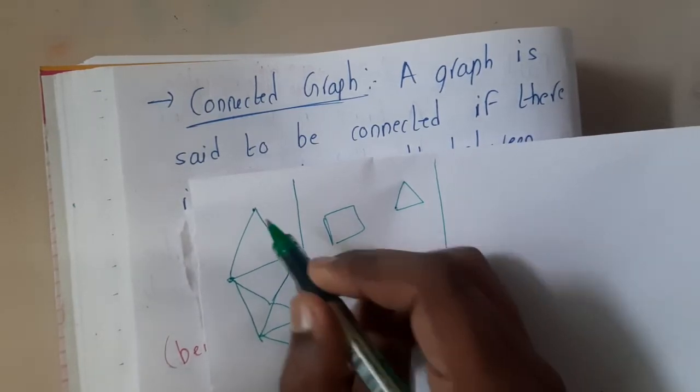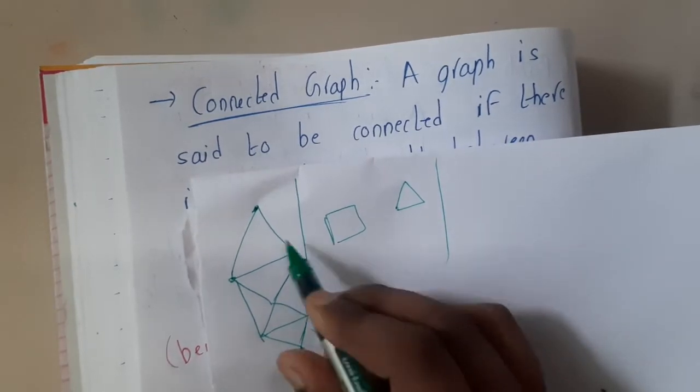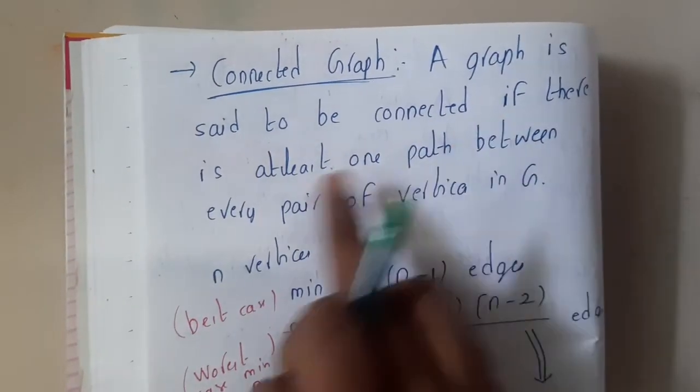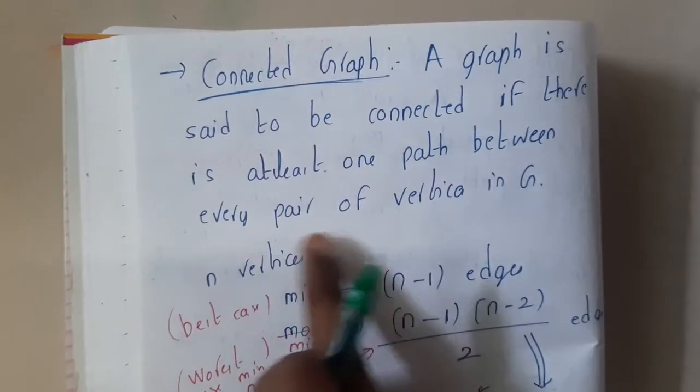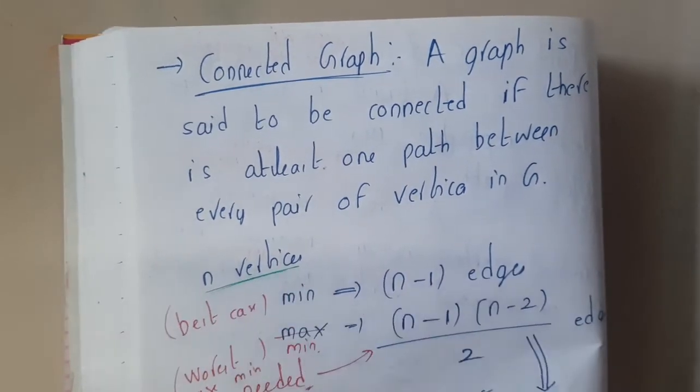If you take any two vertices, there will be a path. Just with that understanding, you can say that this is a connected graph. Got it? So a graph is said to be connected if there is at least one path between every pair of vertices in the graph G. So if there are n vertices,